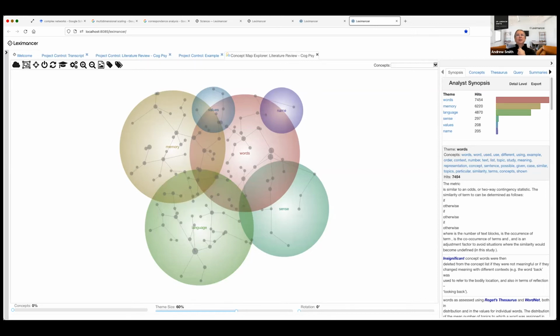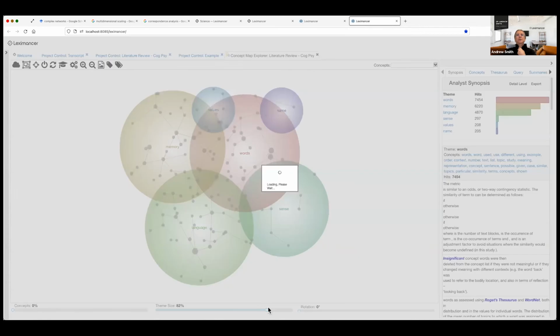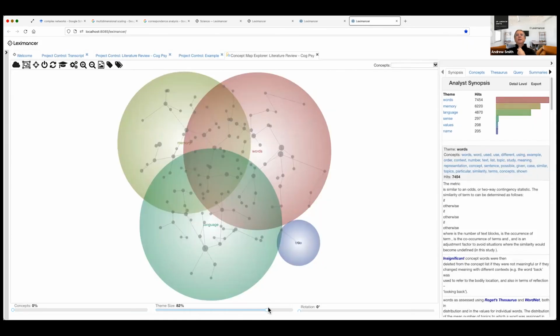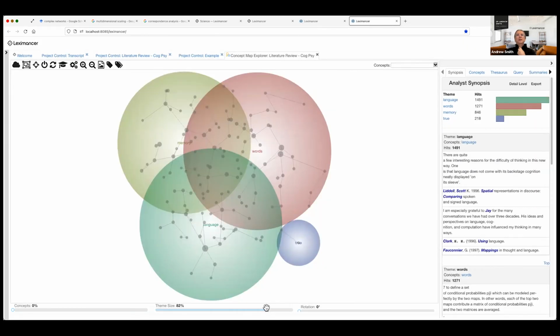You can change the hierarchy, so you can have a few very broad themes, very high up the hierarchy. So at some level, my research here divides into words, memory, and language, and that's not too bad actually. That does kind of capture it.